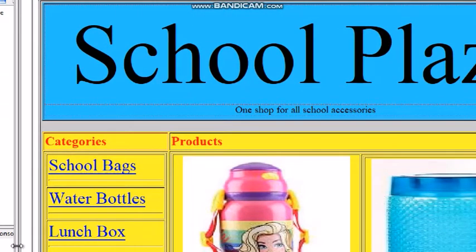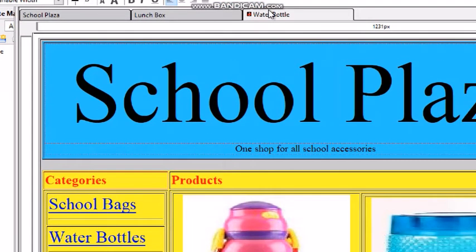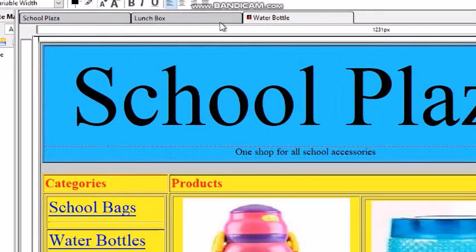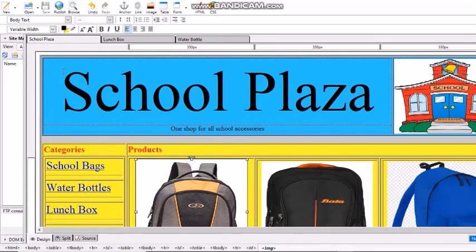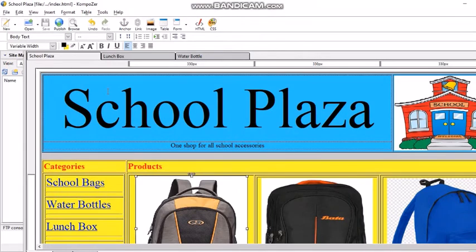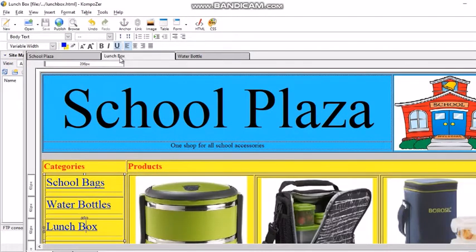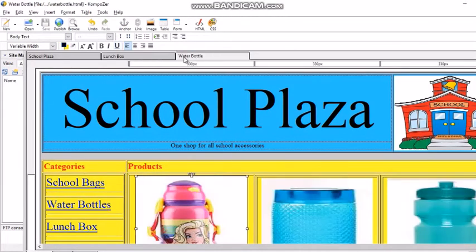So links are created for school bags, water bottles and lunchbox categories in waterbottle.html file. Now similarly create links for all these categories in lunchbox.html. So links are placed in all the three files: index.html file, lunchbox.html file and waterbottle.html file.